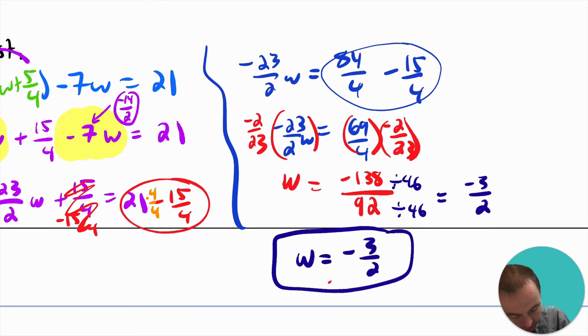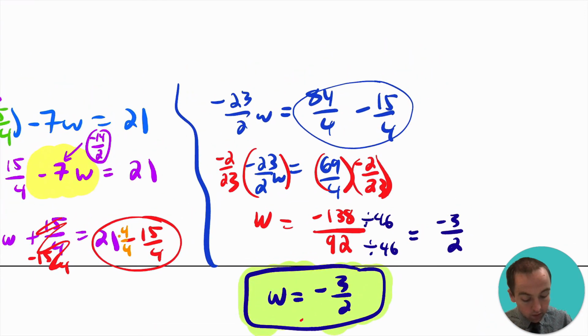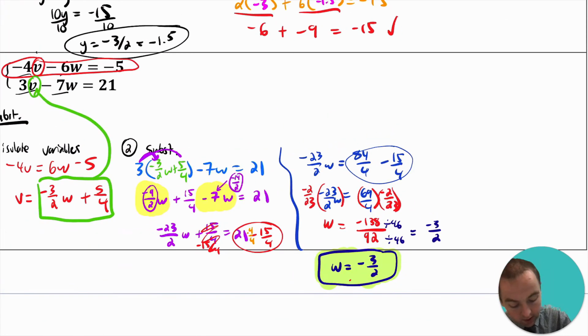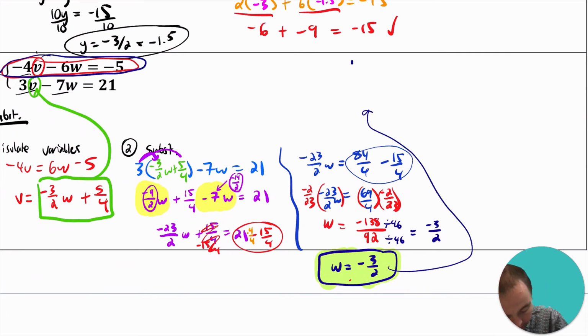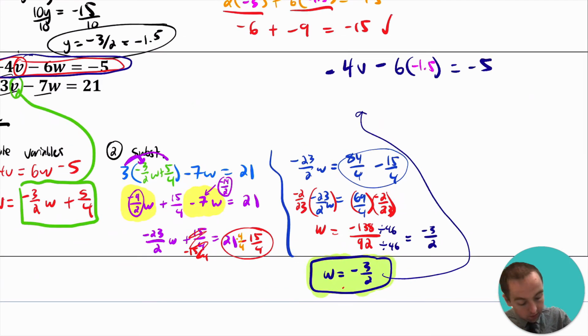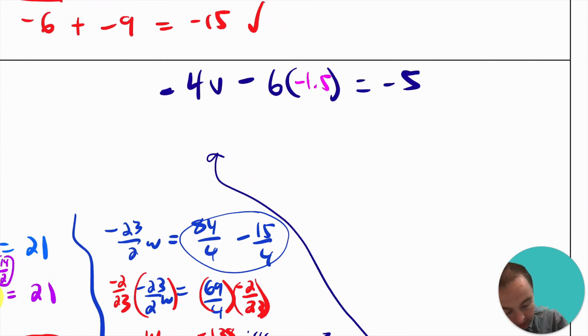And then now that we've finally got, after a little bit of work, one of the variable values, you can go ahead and substitute in w into one of the equations. So I'll bring that up over here. I'll pick the first equation, how about? So I'll take the -4 times v minus 6w equals -5, and we'll substitute the -3/2, which is -1.5, into that. So we end up getting then that